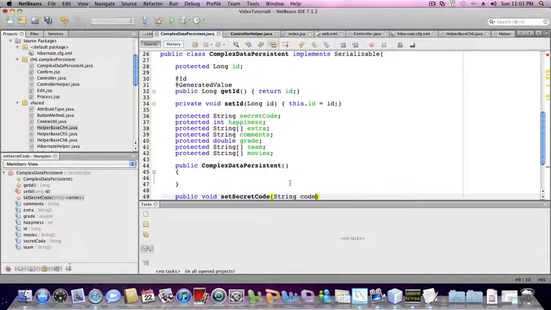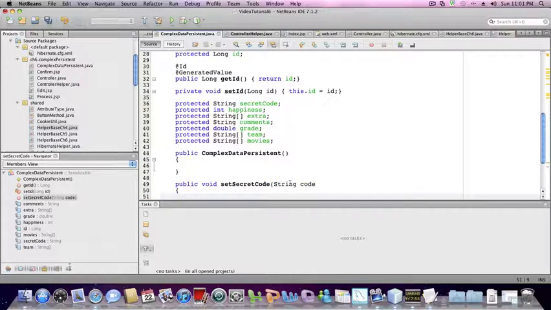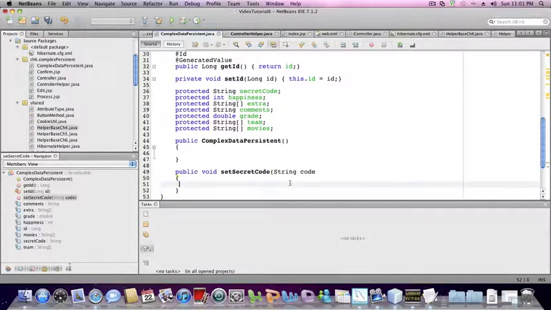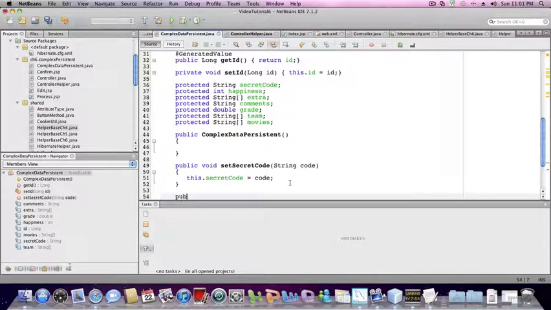We need a string, text code, and here we add the code. We do the happiness as well. We're going to do all the setters first. In happiness,